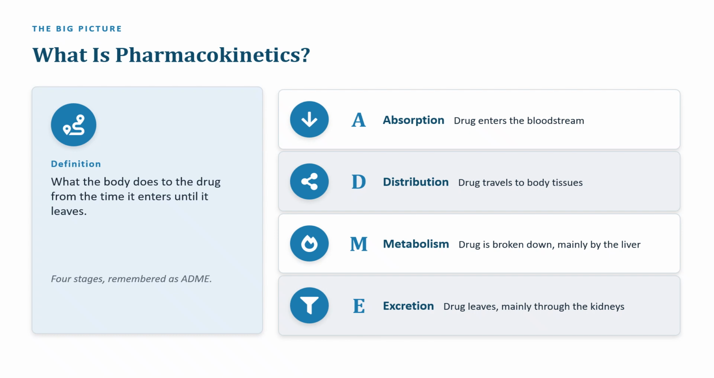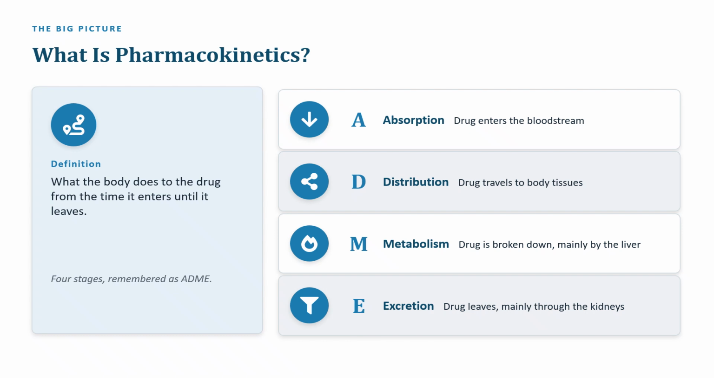A is for absorption, the stage where the drug enters the bloodstream. Before a drug can do anything, it has to get into the circulation. D is for distribution, where the drug travels through the blood to reach the body tissues where it's needed. M is for metabolism, where the body breaks the drug down, and this happens mainly in the liver. Think of metabolism as the body starting to process and dismantle the drug. E is for excretion, the final stage, where the drug and its breakdown products leave the body, mainly through the